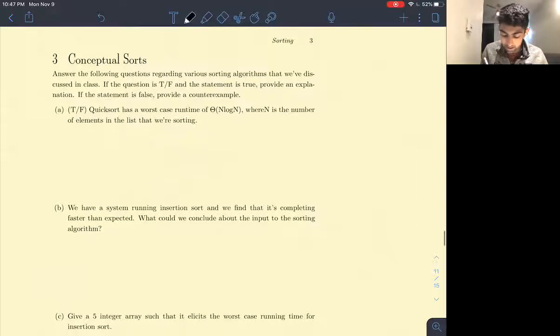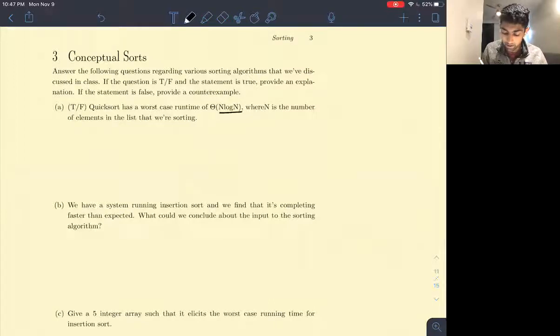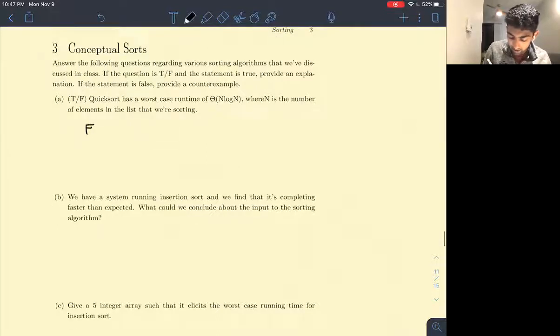For the first question, it says Quicksort has a worst case runtime of n log n, where n is the number of elements in the list we're sorting. So Quicksort doesn't have a worst case runtime of n log n, it has a worst case runtime of n squared. So this is false, and a quick reason why is suppose we have the array 5, 4, 3, 2,